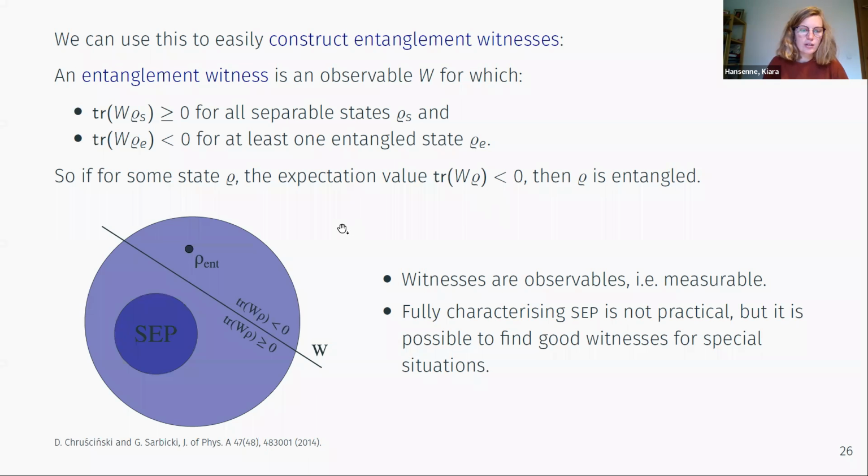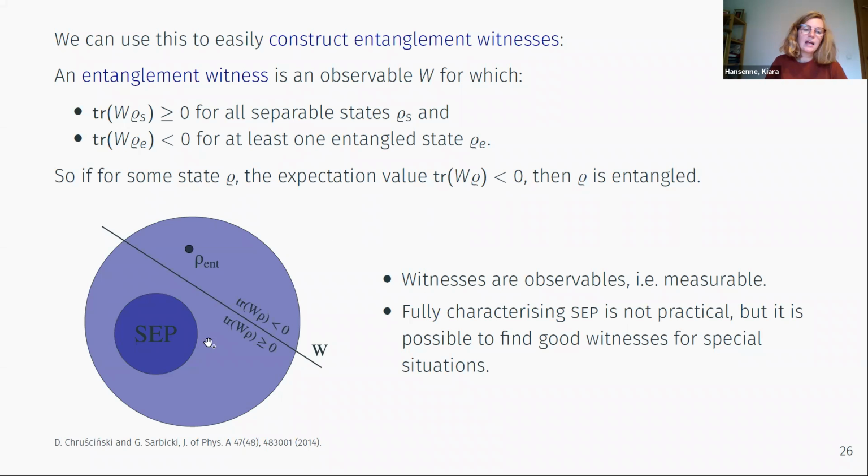And this has a clear geometrical interpretation. So if you have here the set of all quantum states and here the set of separable states, well, the entanglement witness W with trace equal to 0 is going to be a hyperplane cutting the set of states into two, and then the part above is going to be entangled. So if the trace is smaller than 0, this is going to be entangled, and then this is the part where the expectation value is bigger than 0, which includes all separable states.